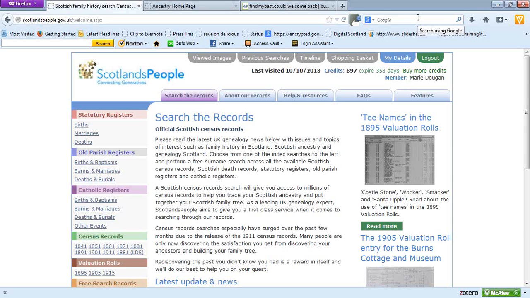Now, my suggestion there is when you've got a birth date of someone, the best thing to do is to look for them in the earliest census. So if someone's born in 1811, we're on Scotland's People at the moment, and I would imagine that all of you who've not tried this ought to get yourself an account as soon as possible if your ancestors are in Scotland. It costs you nothing to register with the service,